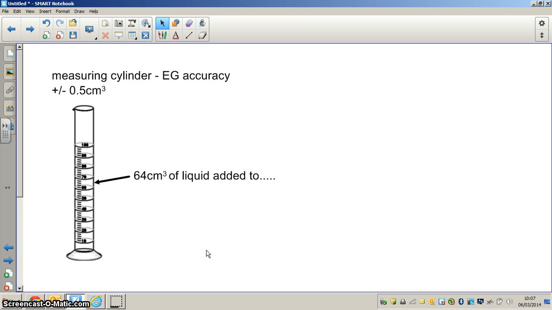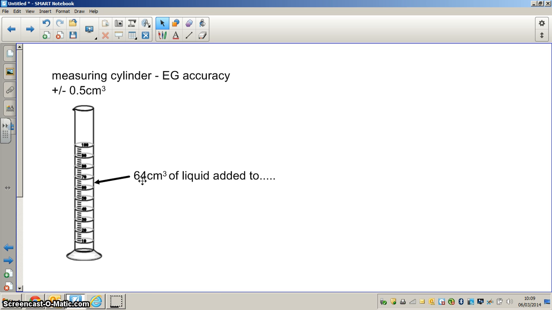So on the screen we have a typical measuring cylinder, and somewhere in the question, if you are looking at percentage error calculations, it will give you the accuracy of the measuring cylinder, and it can vary. In this case I've illustrated an accuracy of 0.5 centimeters cubed. I've also labelled a volume on the measuring cylinder. So I want us to imagine that we've used this measuring cylinder to add 64 centimeters cubed of liquid to